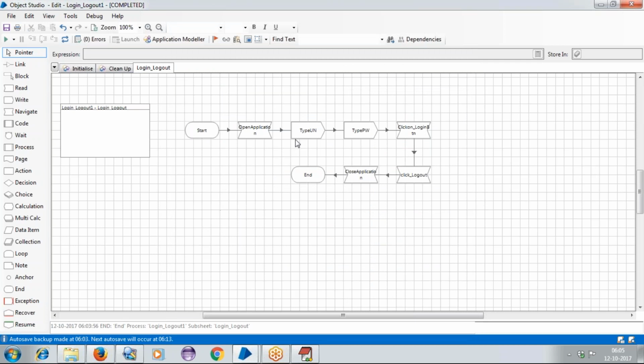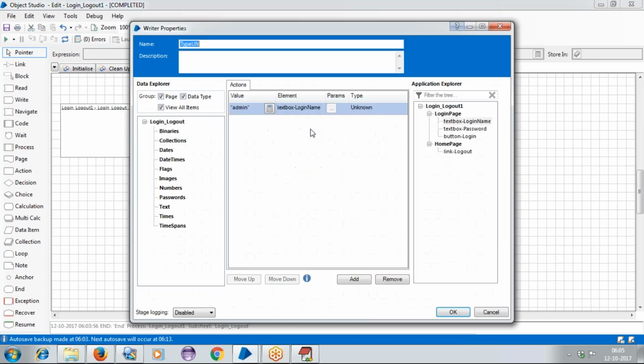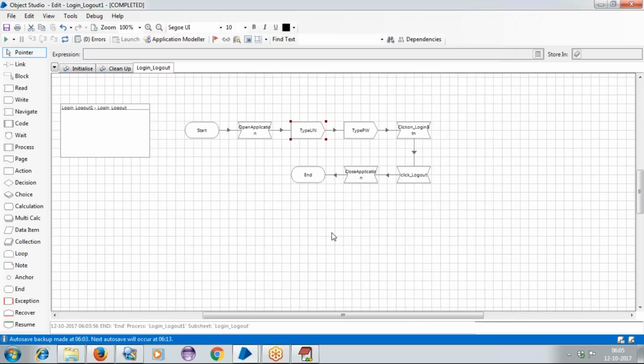So now, if you understand, for now what we are doing is typing the username and typing the password. If we see here, I'm providing the username here. You can consider this as hard coded. Whatever username we are typing, we are directly mentioning. In future, there may be different possibilities. One is, if required, we can take the data from Excel also. At that time, we need to provide the Excel details. Or else, for now, the simple option is we can take one variable.